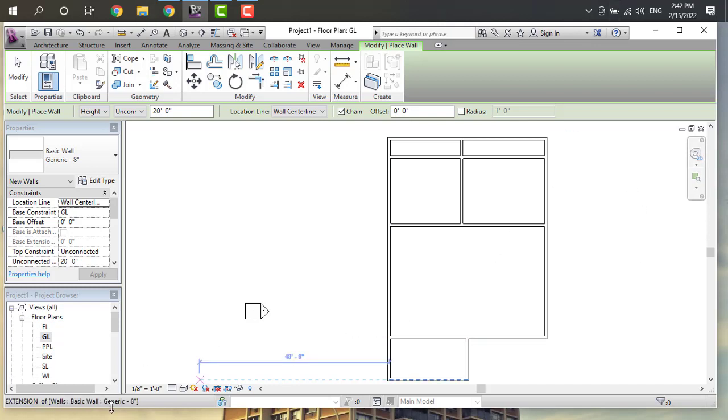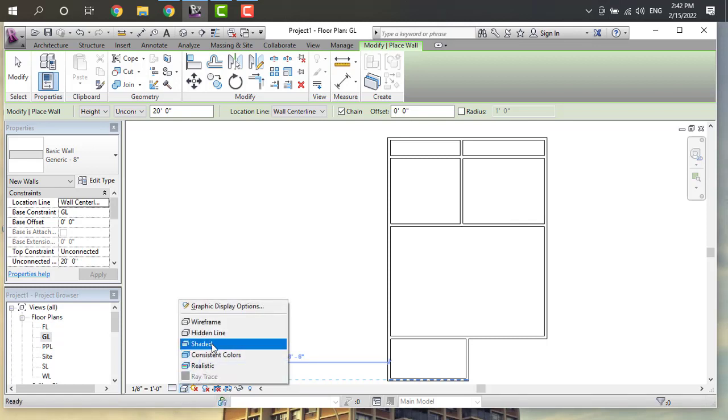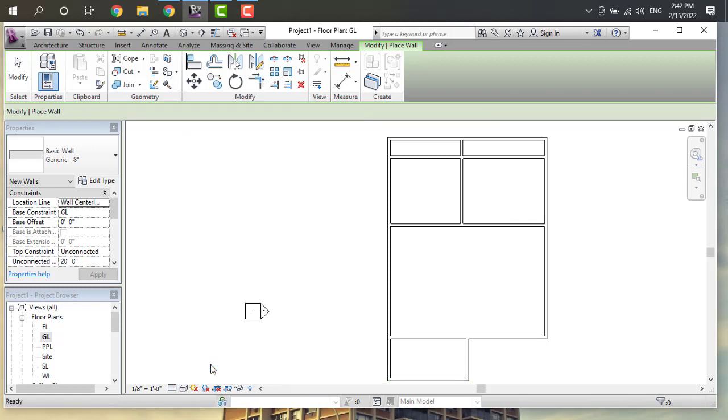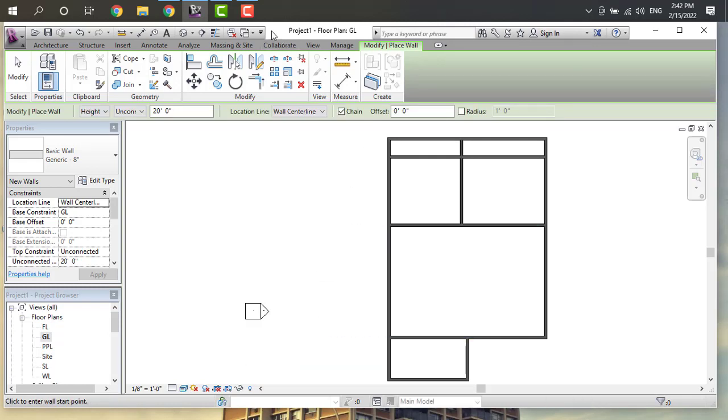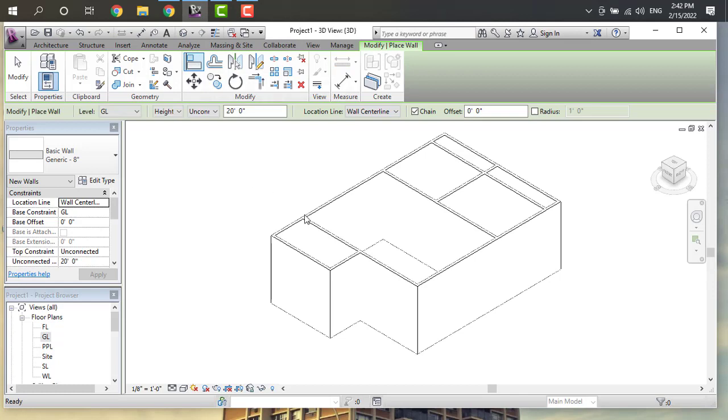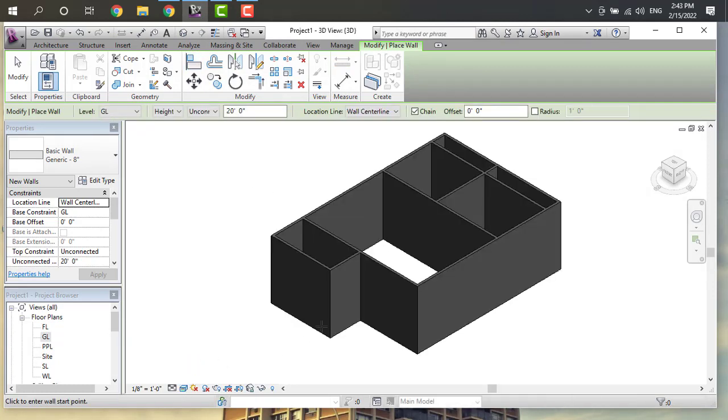Here we have the option of visual style. Here I want to go to realistic. Here you can go to the view option, 3D render view. It will be like this. It will be our realistic.